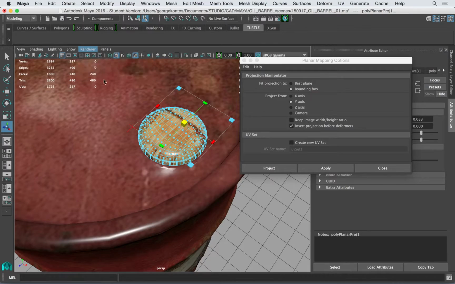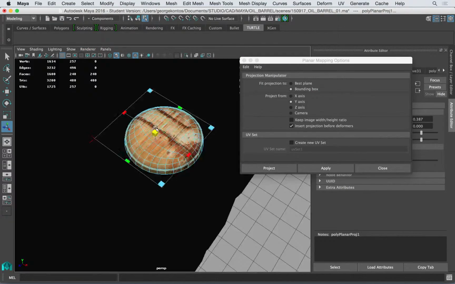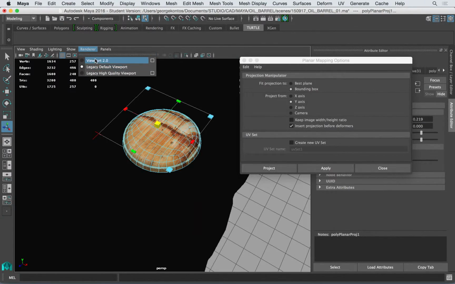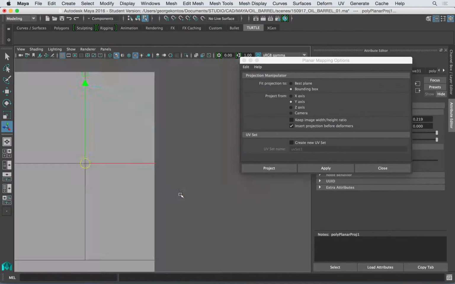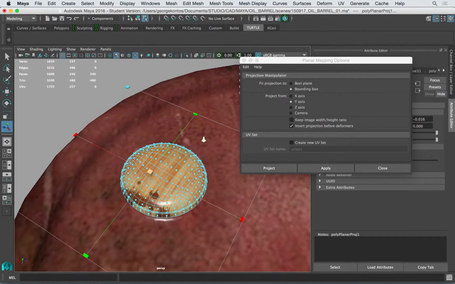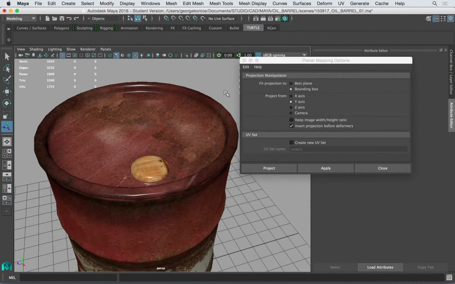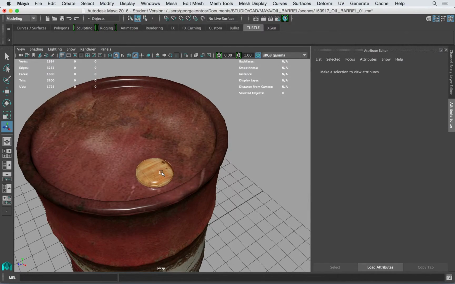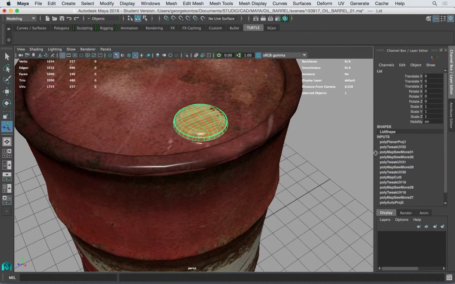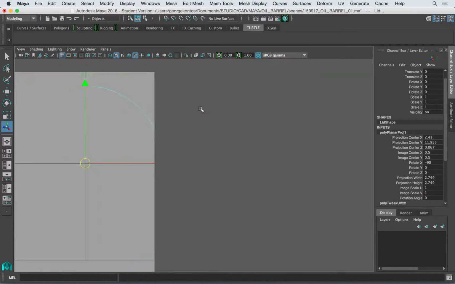Okay, so now I don't know why this is. I'm having some issues with the display here sometimes. If you want to bring that planar projector back, you can go here, and then